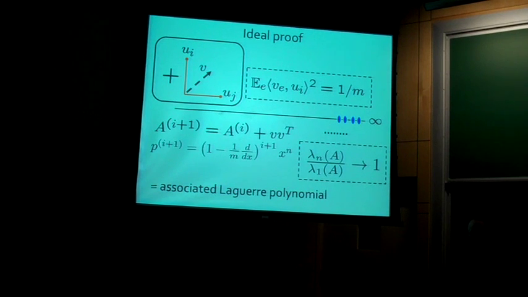So the bound I'm going to prove to you is exactly, well, the bound we eventually prove, I guess I won't do it in this lecture, is exactly the ratio of the roots that you would get from the associated Laguerre polynomials, and that's exactly what this expected argument gives us.